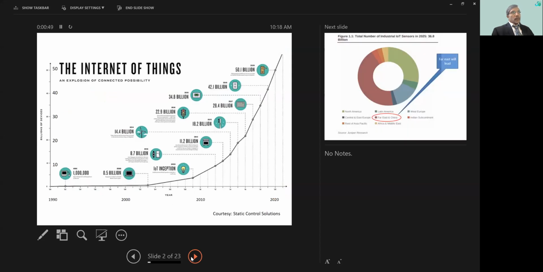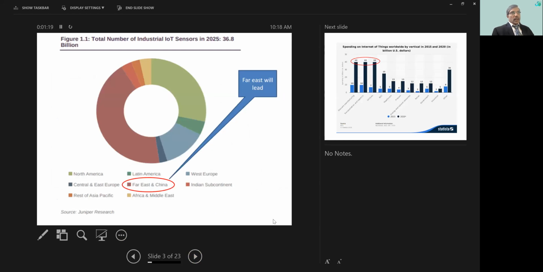As we all know, the Internet of Things is rapidly growing. The number of connected devices has reached almost 50 billion as of now. This slide here shows how the exponential growth happened all the way from 1990 to year 2020. And we have about 7 billion people in the world, and we have about 6 times more devices connecting we